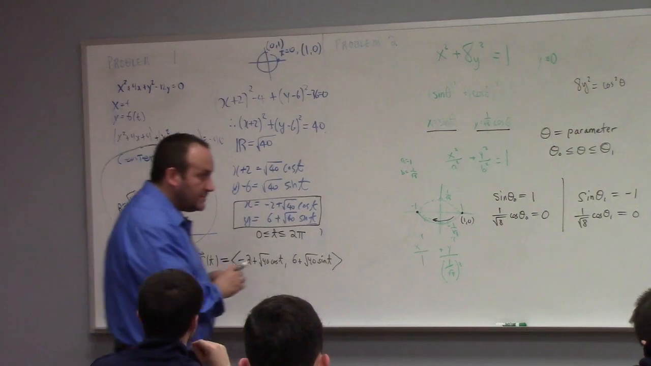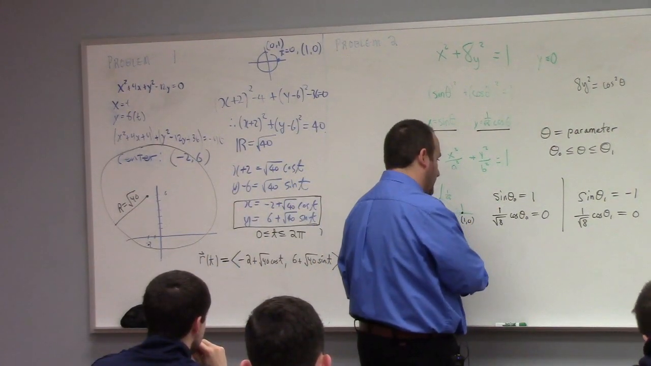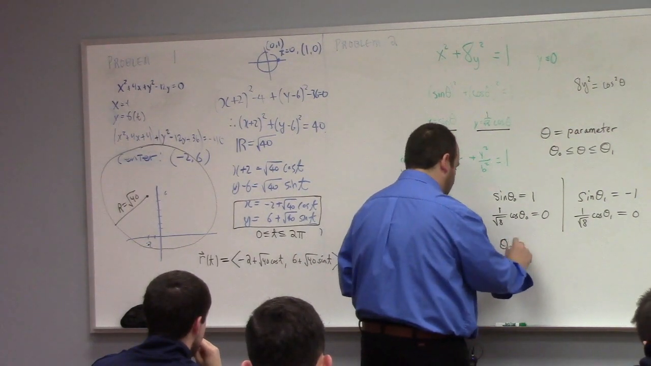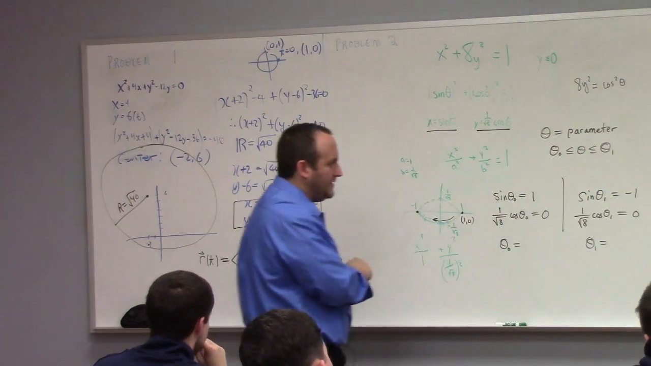Yeah. Would it be negative pi? Theta 1 would be negative. Which one would be theta? Theta 0 equals what? Theta 1 equals what? So you said theta, I think,